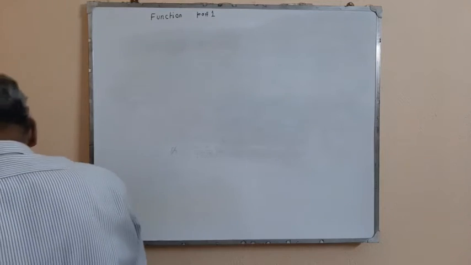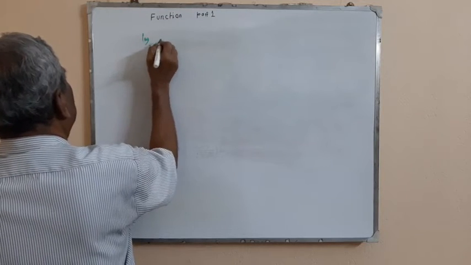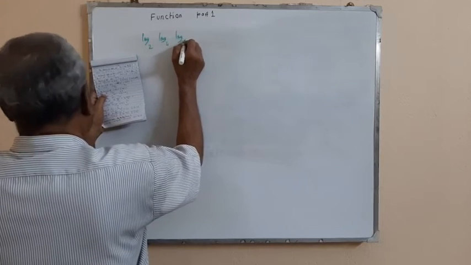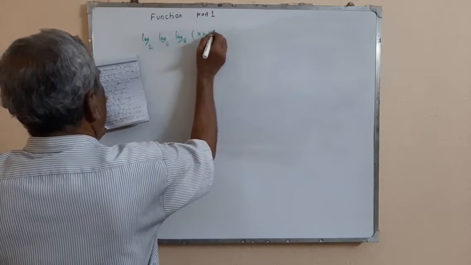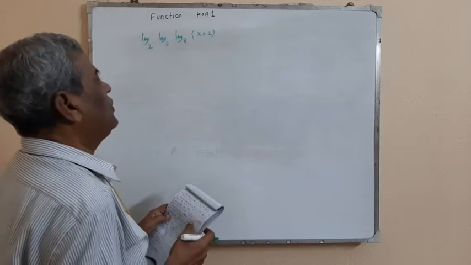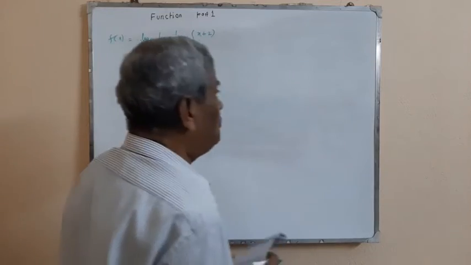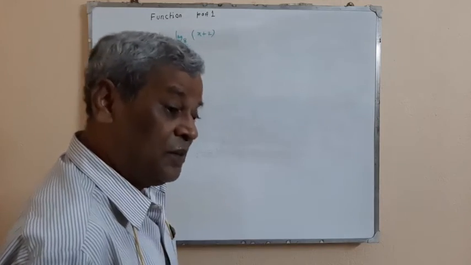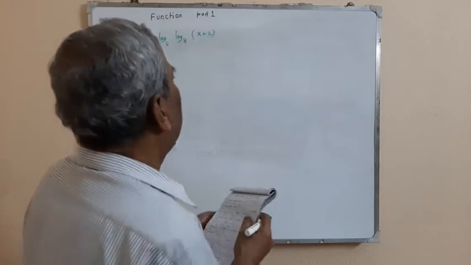The problem is to find the domain of definition of log base 2, log base 4, log base 8 of x plus 2. Find the domain of definition of the function f(x) equal to that. It means we have to find the values of x for which the function is defined, that is, for which the function is finite and real. Options: